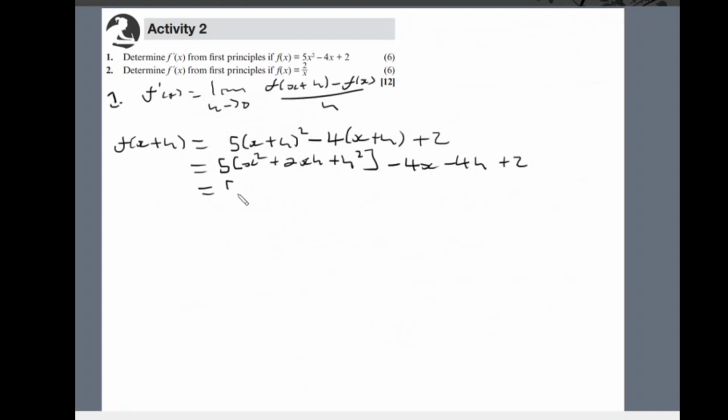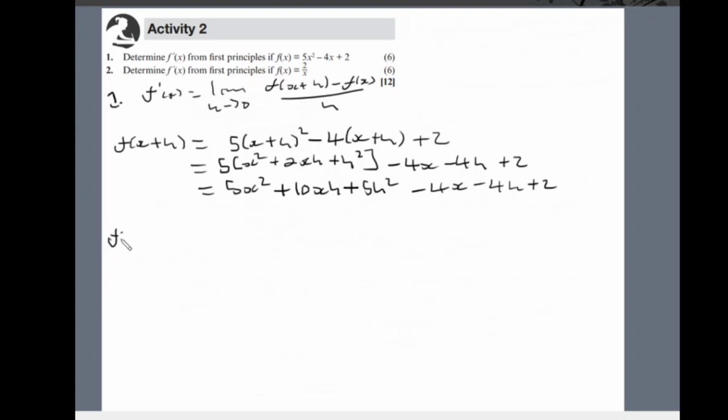And then I'll have 5x squared plus 10xh plus 5h squared minus 4x minus 4h plus 2, right? And then now I need to calculate my